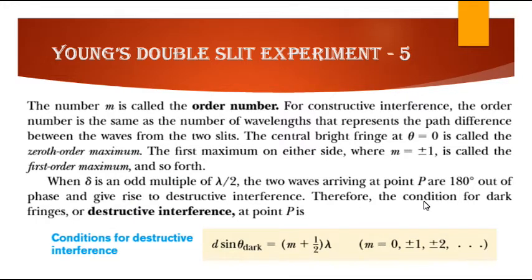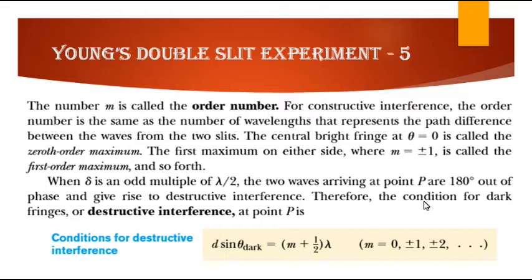The number m is called the order number. For constructive interference, the order number is the same as the number of wavelengths represented by the path difference between the waves from the two slits. The center bright fringe at theta equal to 0 is called the zeroth order maximum. The first maximum on either side, where m is equal to plus minus 1, is called the first order maximum,